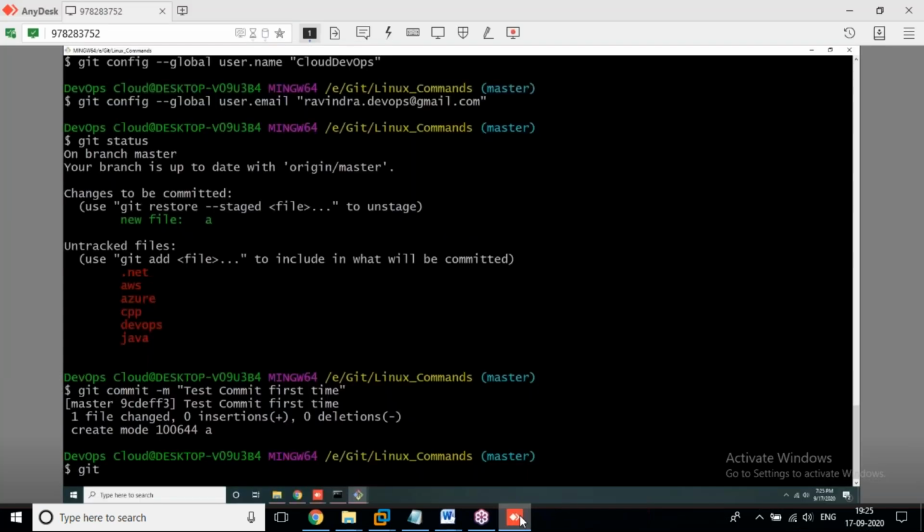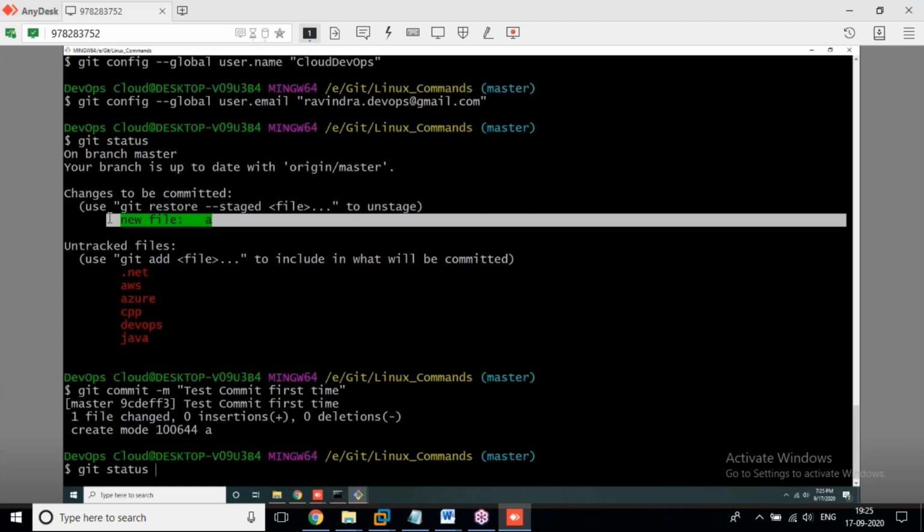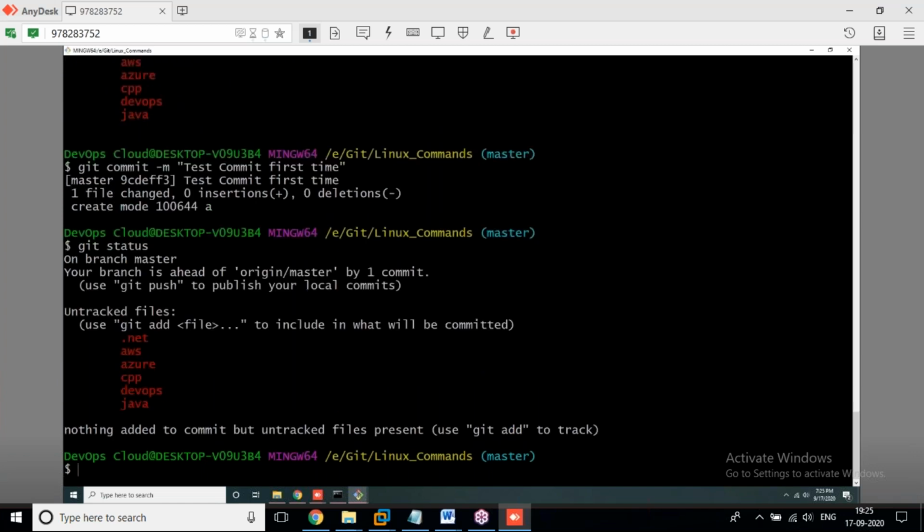Now we can't see which files are located in the committing area with the git status command. We can see only the files located in the working directory plus the staging area files. Now press enter. See, that file is gone now. That's the importance of config.